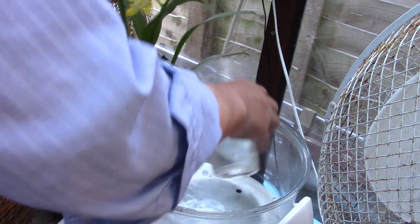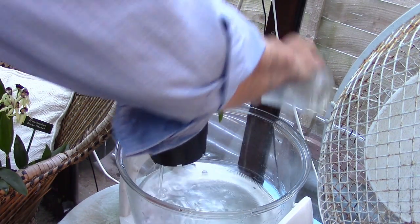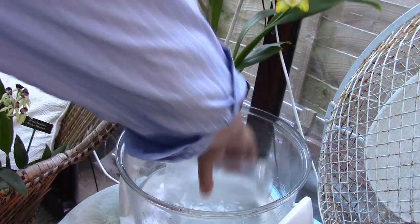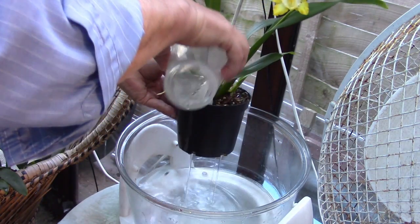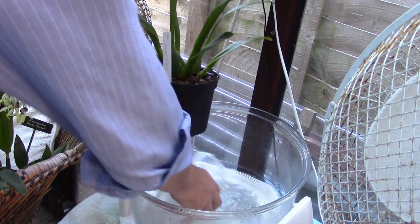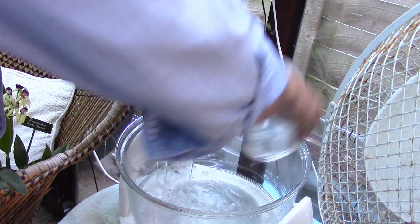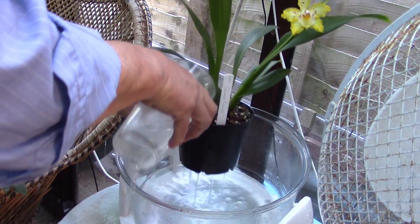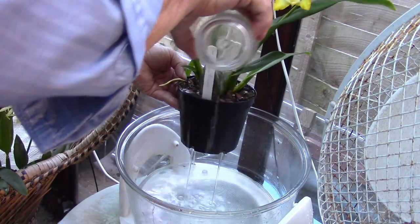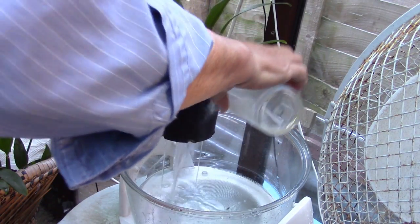Following this so far? I'm sure I'm going to be in the way a lot of the time, but I can't get the tripod anywhere else. This is as best as I can do, and it's only just to show an example. So as you can see, I'm pouring a lot of water through the pot. I would not normally get this plant this wet, but this is to serve a purpose. It's important for me, so I'm absolutely drowning the thing. Literally, the amount of water that's going through this pot is making everything soaking wet, and then the next lot of water that goes through,